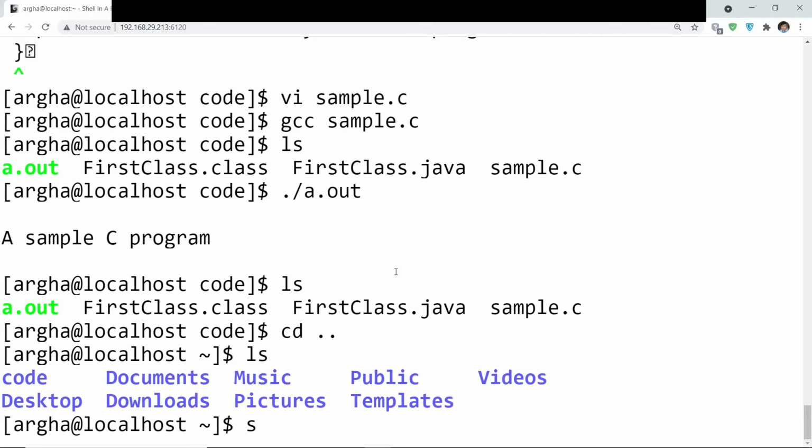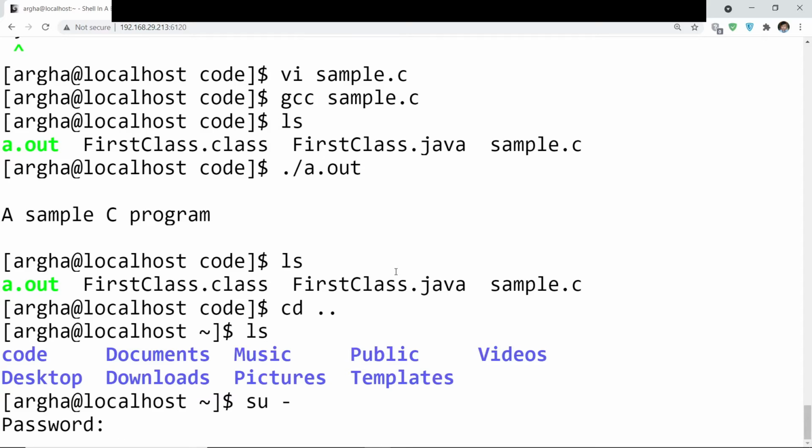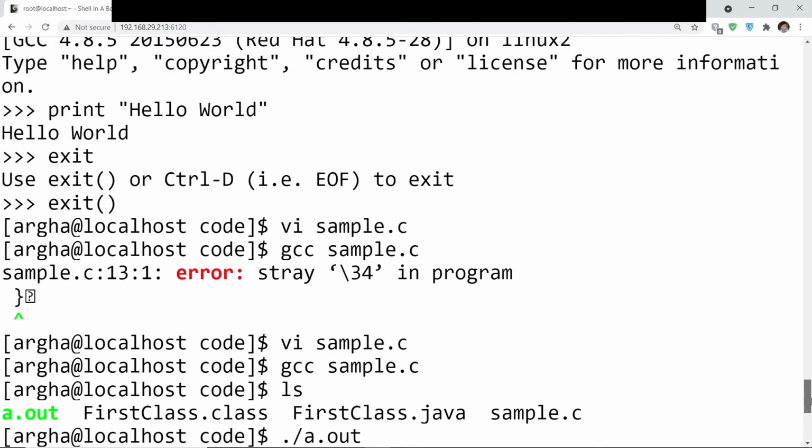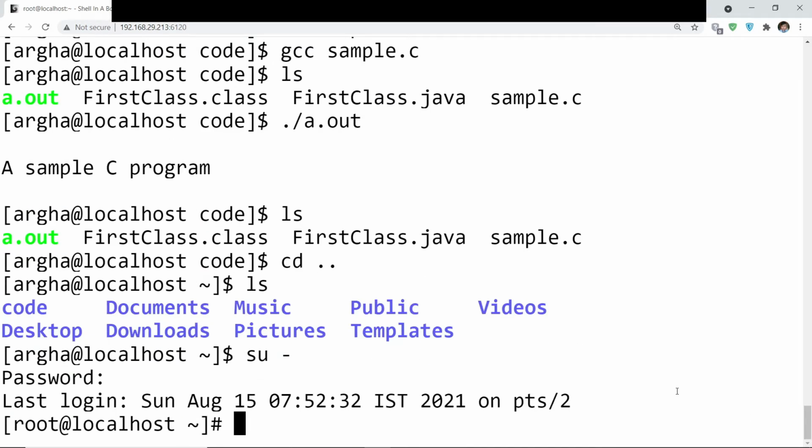So from here we can even go to our root user as well. So there is not much restriction and we are able to access our root user as well. Okay, and we can even do our installations from our browser. So just to wrap it up, let me show you how it can work even in your mobile phone as well, because as I said, it should be able to access from any browser.